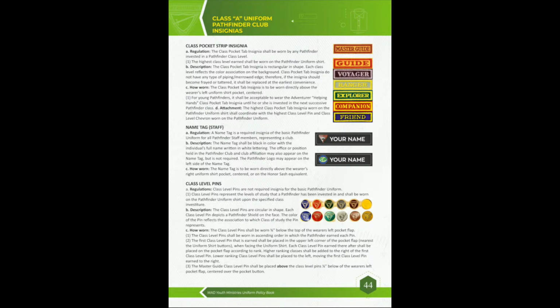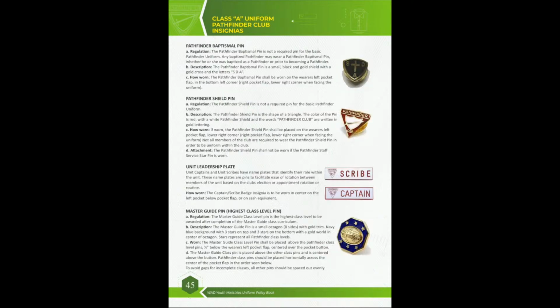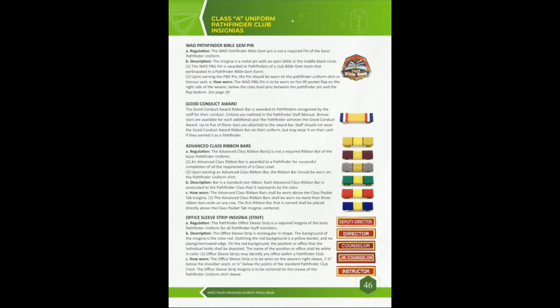And here you can have some cross captains, because in our clubs we have different responsibilities. You can have captains, you can have scribes, all of them are involved. So you can give some awards to your adventurers depending on what they have passed. But these ones are cross ribbons. So Adventurer has many, Pathfinder has many things.